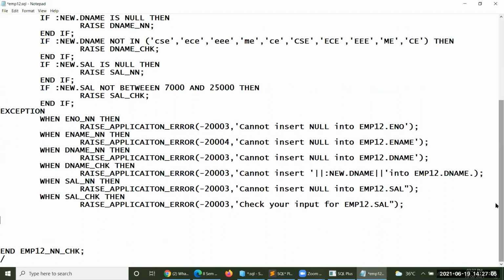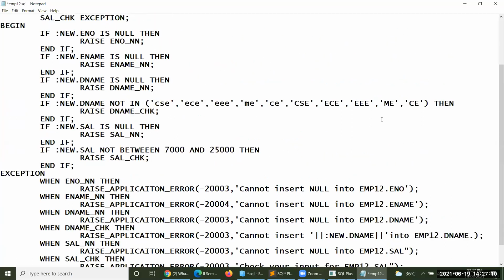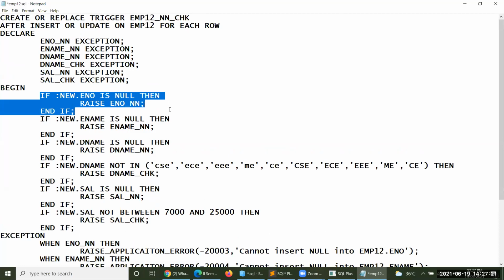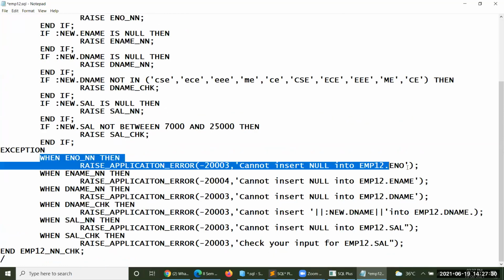ఇప్పుడు ఎక్సెప్షన్స్ మొత్తం కూడా ఇవాల్యుయేట్ చేసాం, ఇప్పుడు కంప్లీట్ అయిపోయింది. Look at this, we have introduced some exceptions here. Approximately 6 exceptions have been introduced, and we are checking when each exception will be raised. We have checked it here. If an exception is raised, immediately we have to return some information to the user that you cannot insert so and so. Okay, like this you could